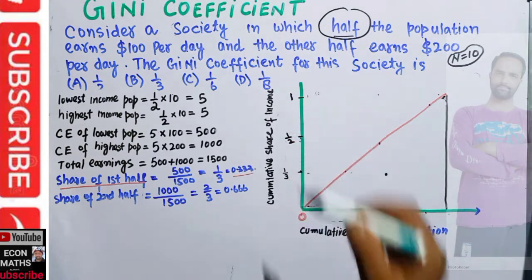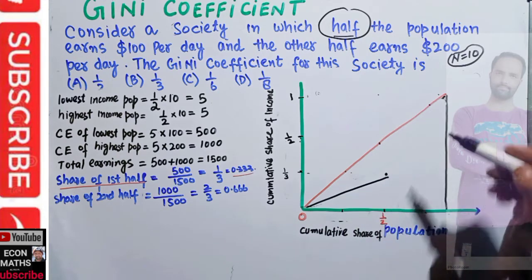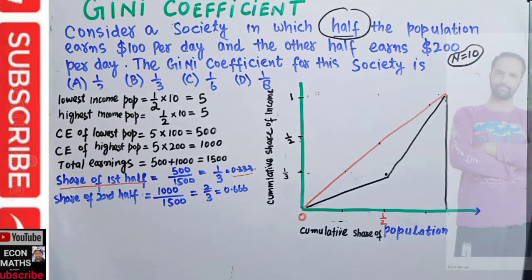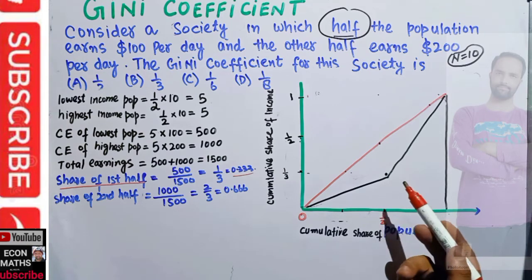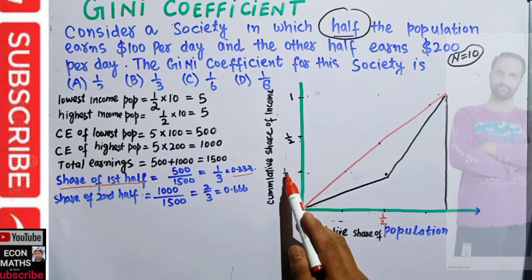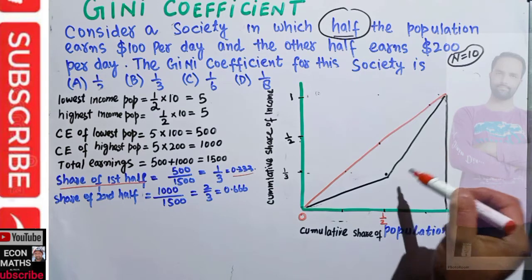That means this rest will be 2/3. Simple thing. So let's join this point and this point here. We got our Lorenz curve. Our Lorenz curve shows us the graphical representation of the distribution of income or wealth. So you can see here 50% of the population owns 33% of total income, and the rest 50% owns, from this